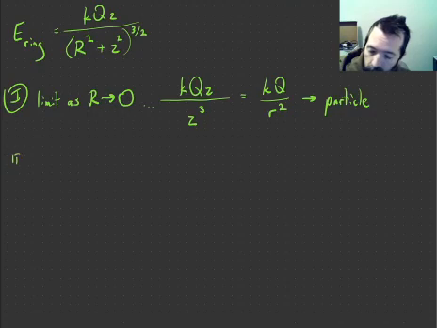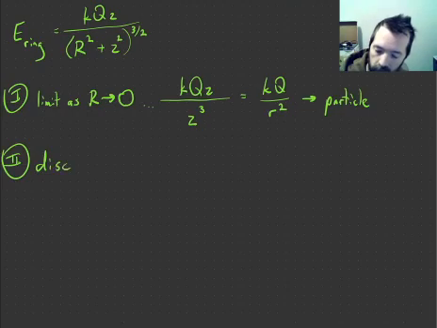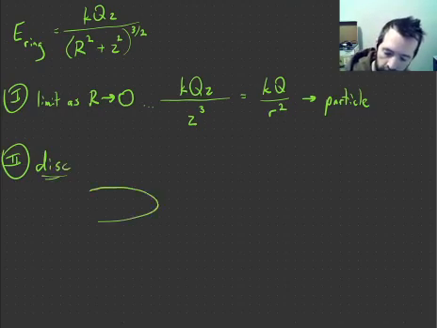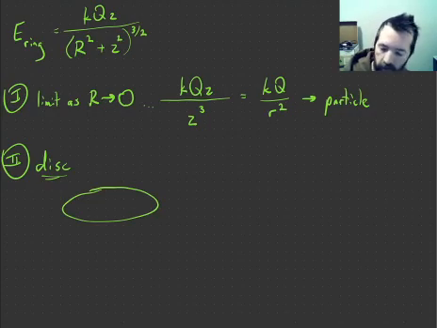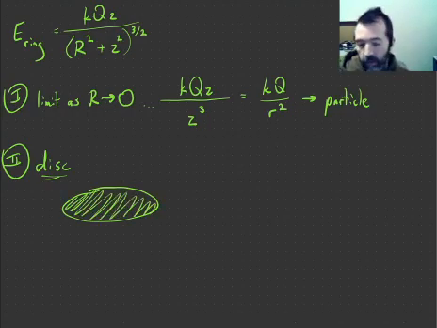Now, another case is to consider a disk. So if I have a solid disk of charge, how do I want to represent this as being solid? I will fill it in. If I have a solid disk of charge, you can, of course, imagine that that disk is actually very many concentric rings. And so if I were to take my ring result and integrate it with respect to the radius of the ring,